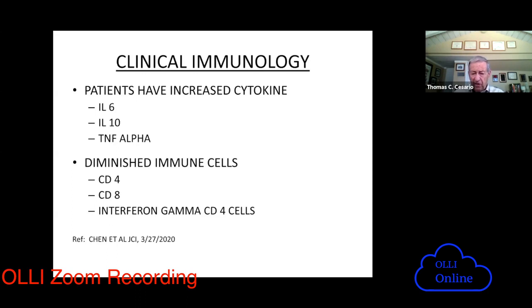CD stands for cluster of differentiation, which is a marker on the surface of the cell. CD4 cells are helper cells that help you to make antibody. And the CD8 cells are cytotoxic cells that kill and destroy cells that carry the virus, and in so doing destroy the virus. Interferon is a natural body antiviral substance produced when the body sees the presence of the virus. And you can see here, at least initially, that the interferon-producing cells actually go down. So these are markers in the clinic of the activity of the immune system. Next slide.